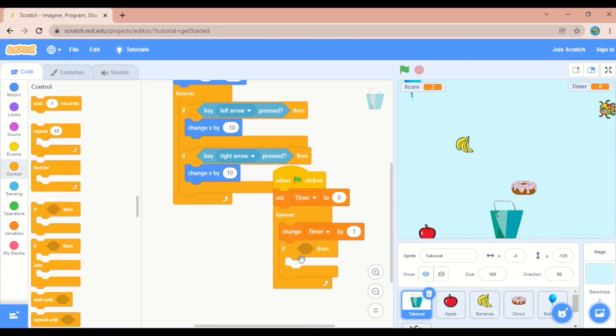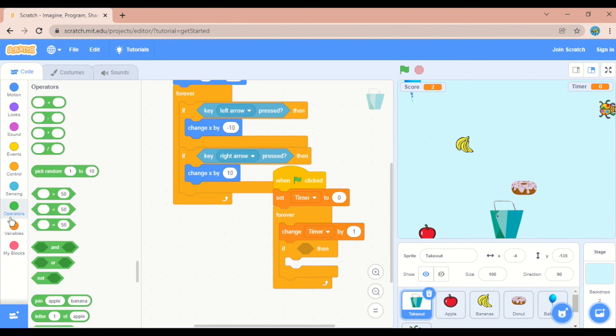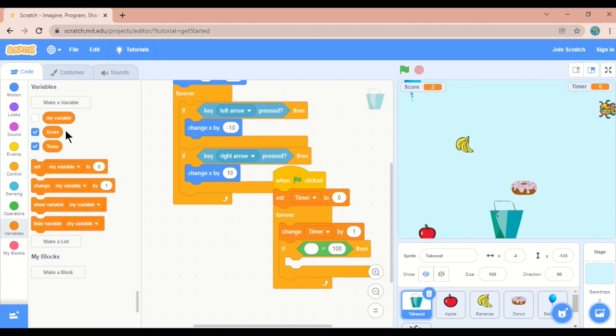We can get that operator from the operators palette. You can find equal to, drag and drop it inside if then, and give 100. What equal to? The variable timer. So you can go to the variables, choose this timer, and put it inside.